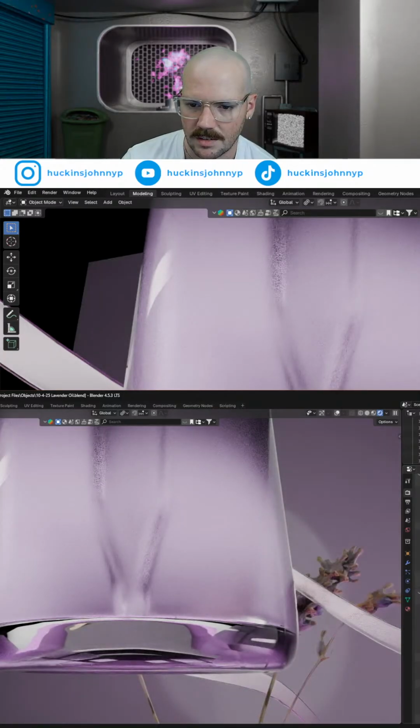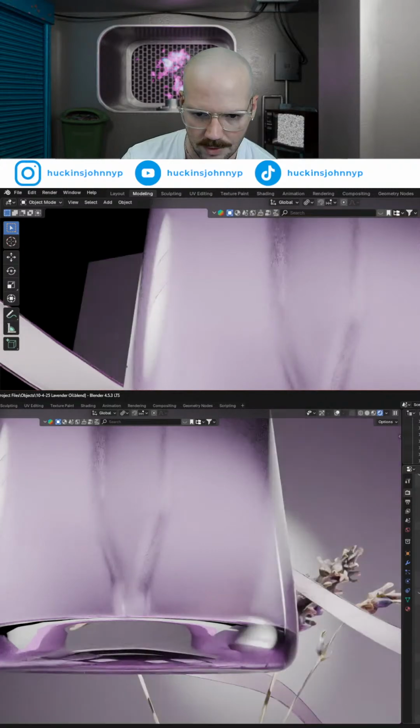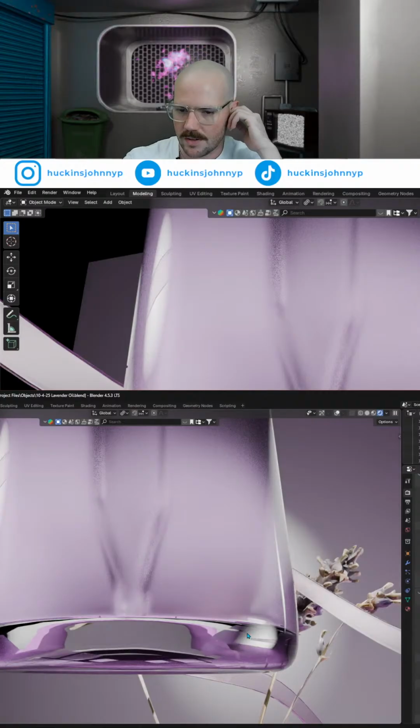That's interesting. All the direct light is blocked. Yeah, that is interesting. I wonder if you could do that with